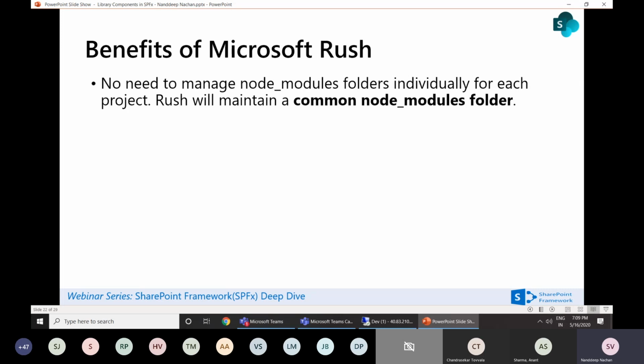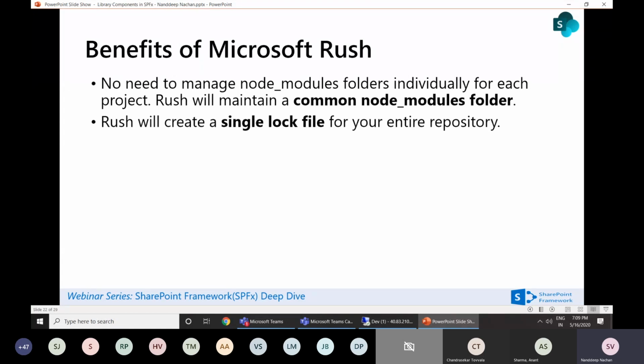Because we didn't run npm install at any given point of time to install the modules for each of the solutions, Rush will take care by maintaining a common node modules folder. Second thing is that Rush will create a single lock file for your entire repository. So I don't have to lock down the dependencies for each of the projects individually. Rush will take care of it